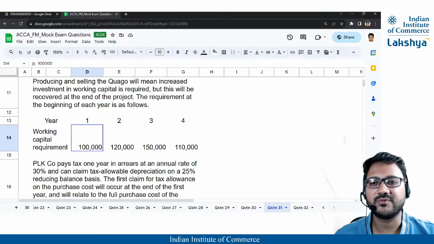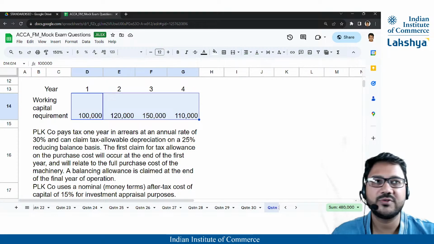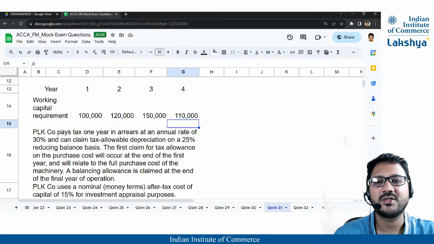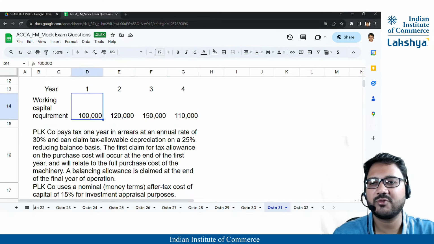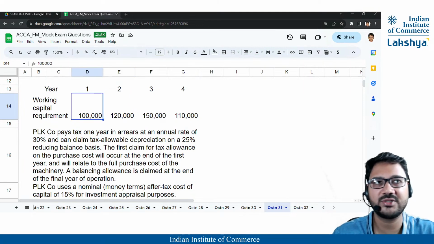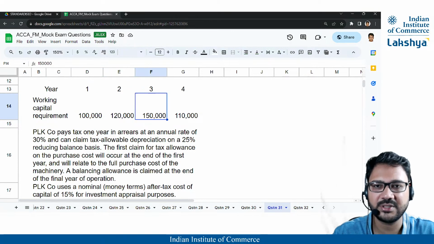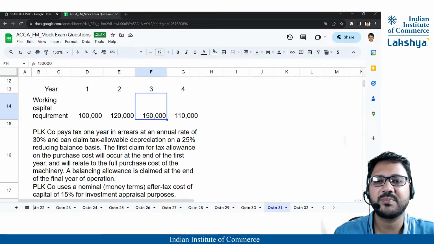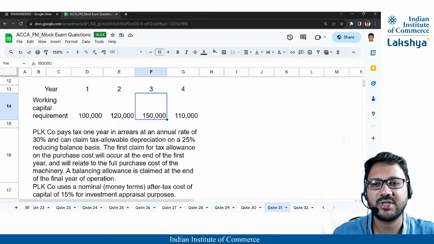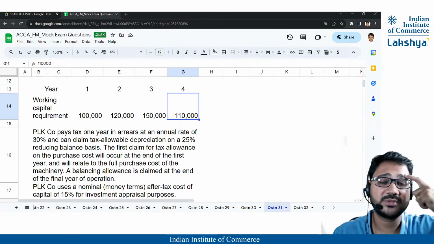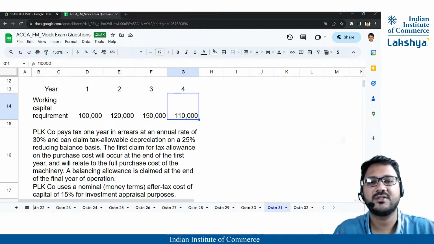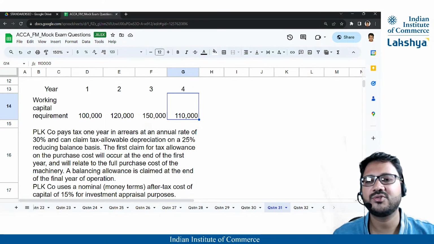Then what else? So these are the working capital requirements. We will have to infuse that much amount every year, and then the summation or whatever we'll get. So the requirement was 100, so we pump in 100. Then the next year, the requirement is 120, out of which 100 is already invested. So 20 will be pumped in. Then an additional 30 will get pumped in because 120 is already invested, so that we reach 150. Then it becomes 110, which means there is a release in working capital. And in the fifth year, the entire 110 will get released. Okay, we'll do that. I'll show you how to do this.